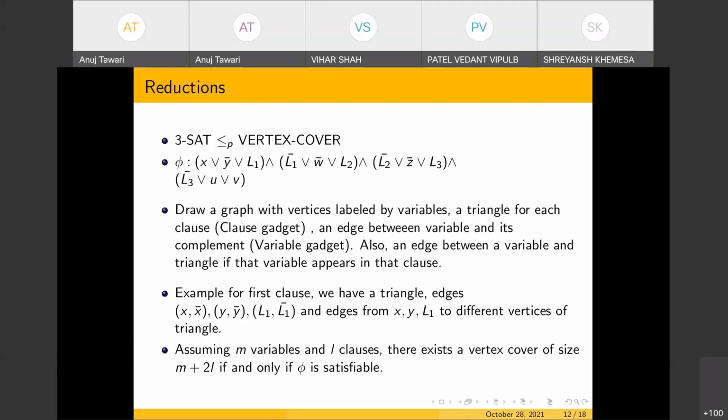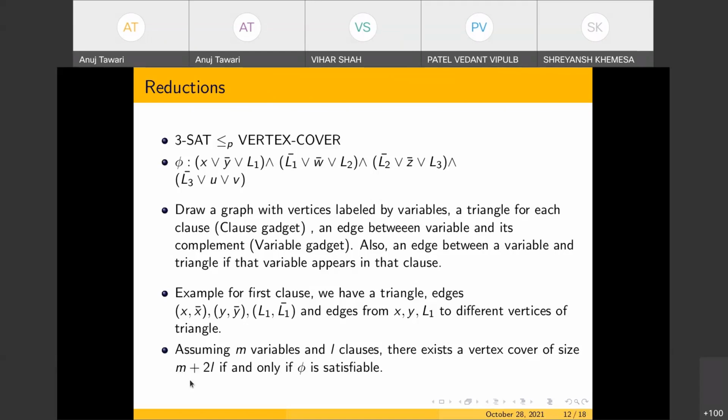Notice that at least one among x and x bar has to be covered, at least one among y and y bar has to be covered, and similarly at least one among L1 and L1 bar should be covered. So for every variable, we are including at least one of those. So there will be these m many vertices,